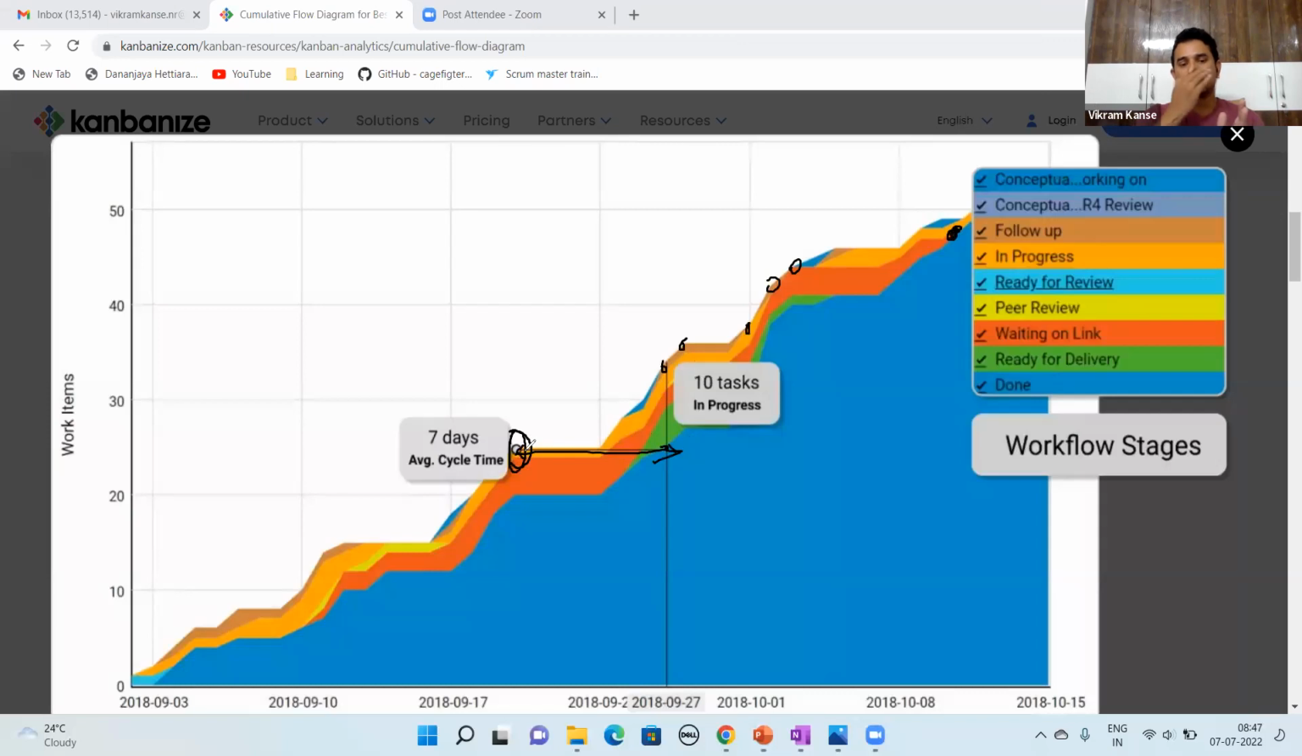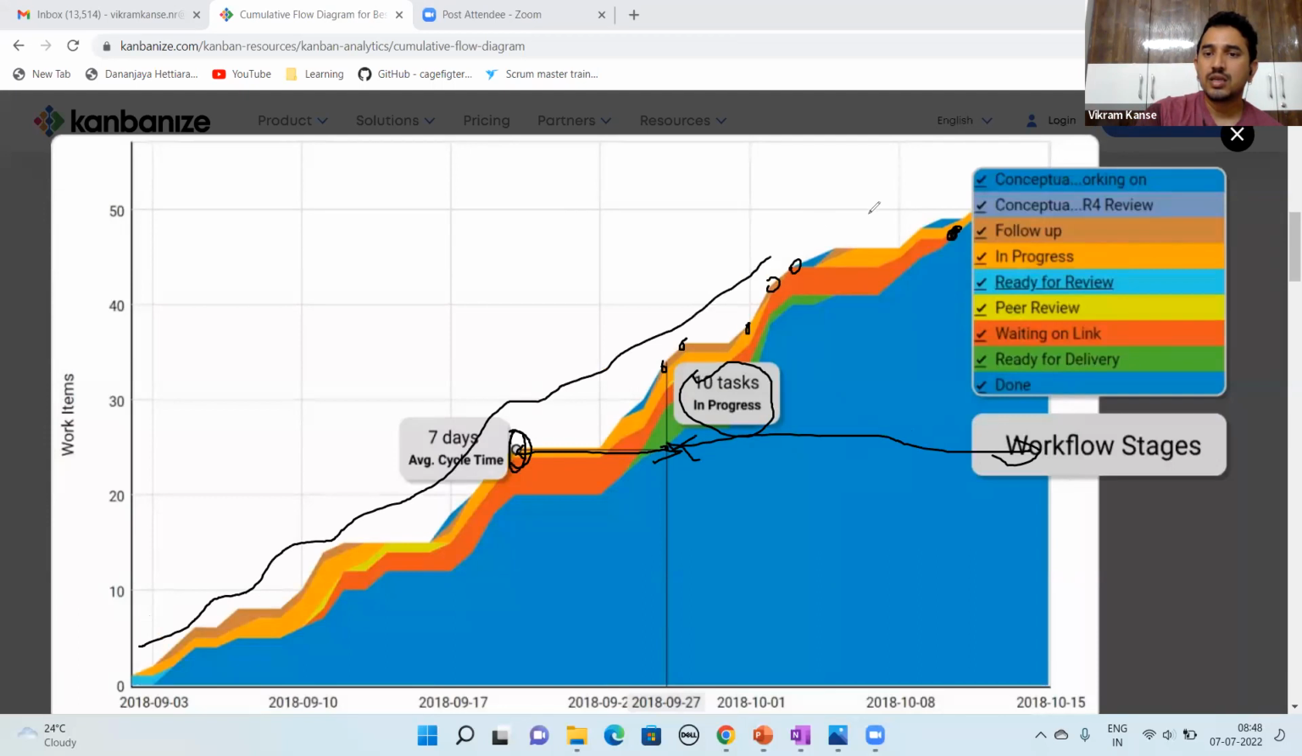So a cumulative flow diagram gives you cycle time and throughput on the same page. If you see 10 tasks are in progress, this is your work in progress. But once this ends, this will be your throughput. So this is basically how your flow has been across multiple days. People can look at it for a sprint, multiple sprints,